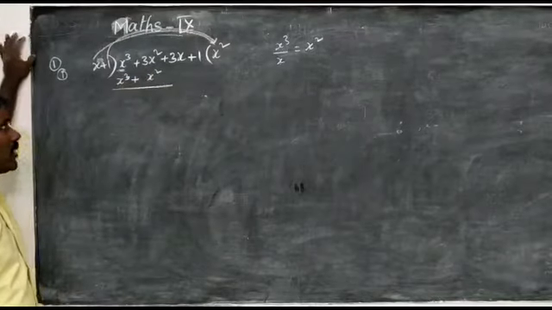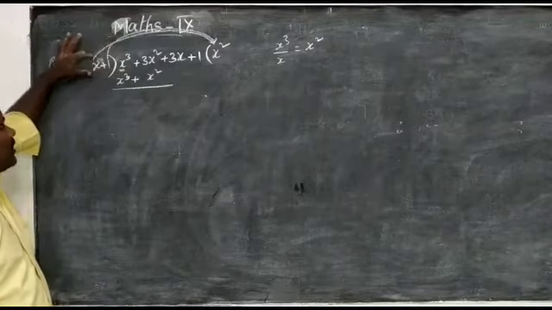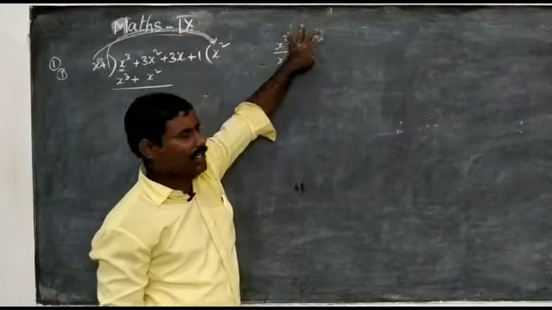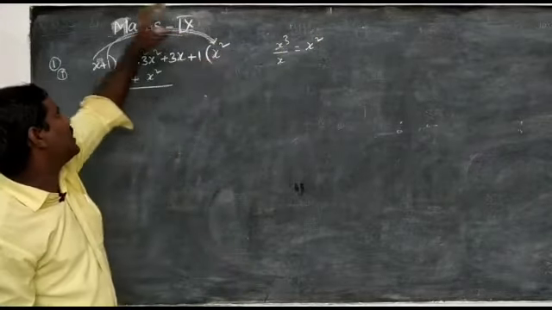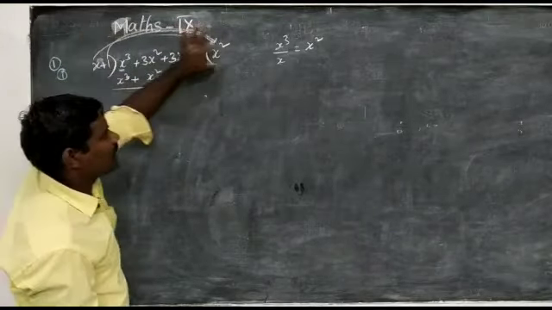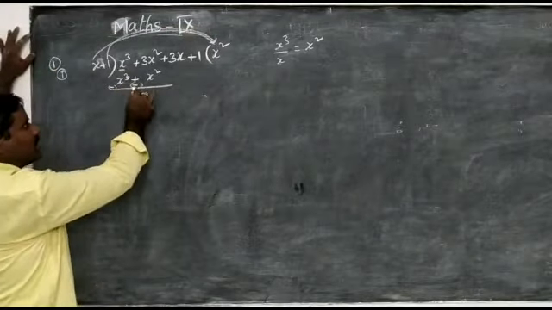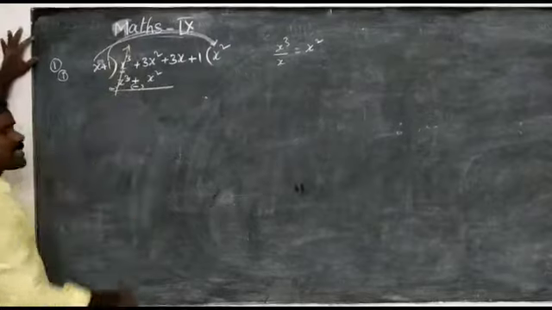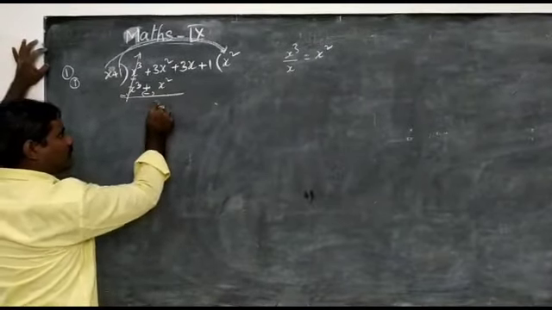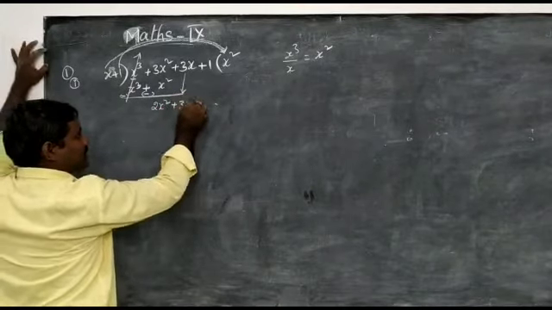I will explain one more time. The first term of this is x cube and the first term of this one is x. Dividing these two we get x square. Now multiply x square into x plus 1: x into x square, x cube, 1 into x square, x square. Now if you subtract, the signs will change. Plus x cube and minus x cube cancel. 3x square minus x square, we get 2x square. And the next term is plus 3x.